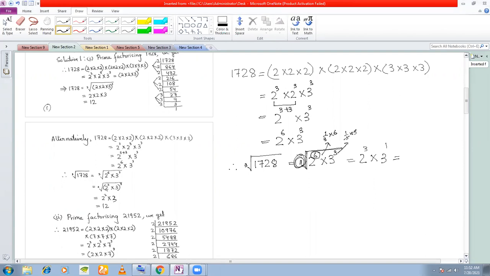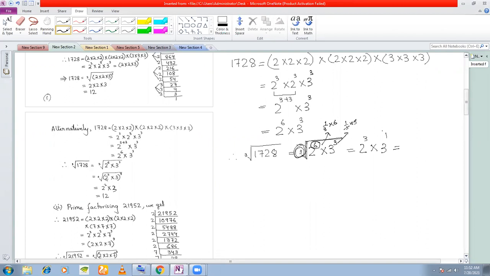Okay. So you get 3, and this is 2 square, not 3, because this will cancel with 2. So this you get as 12. This is also what you can do. We will see this later on also, how this is done. But this is what you can also do. Okay.